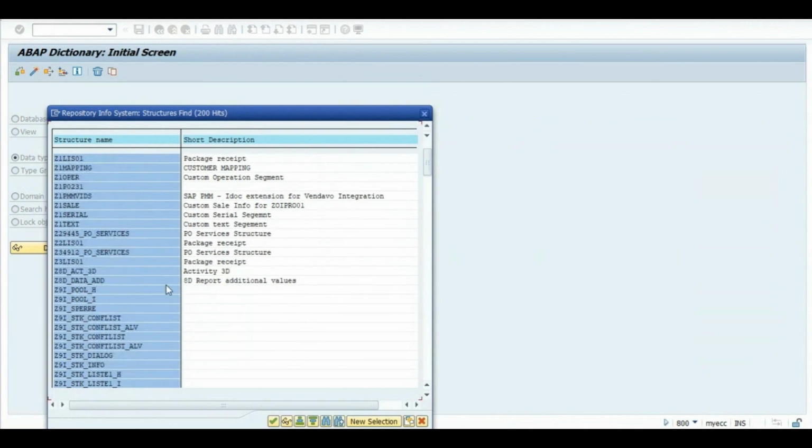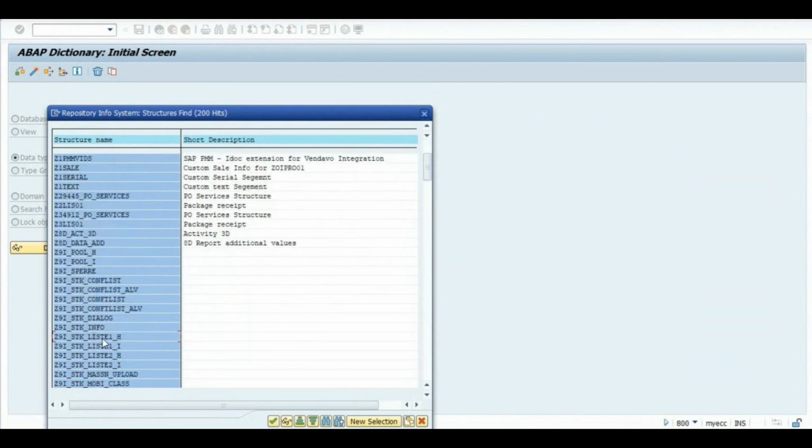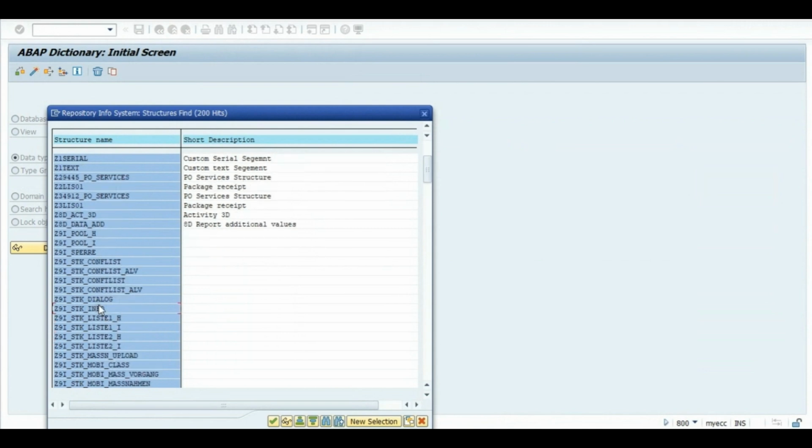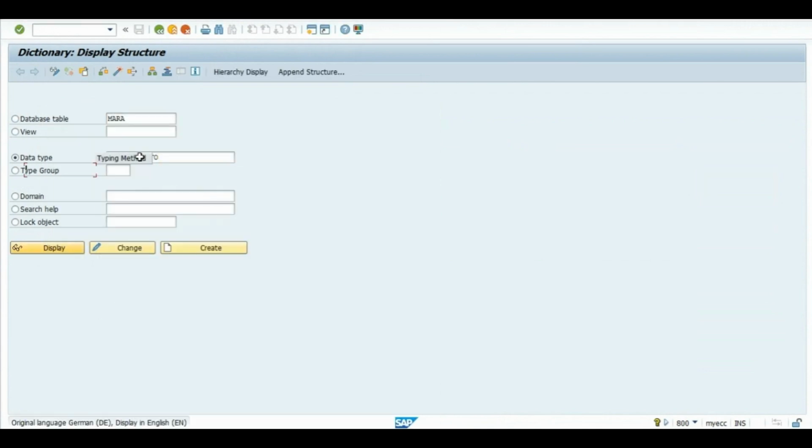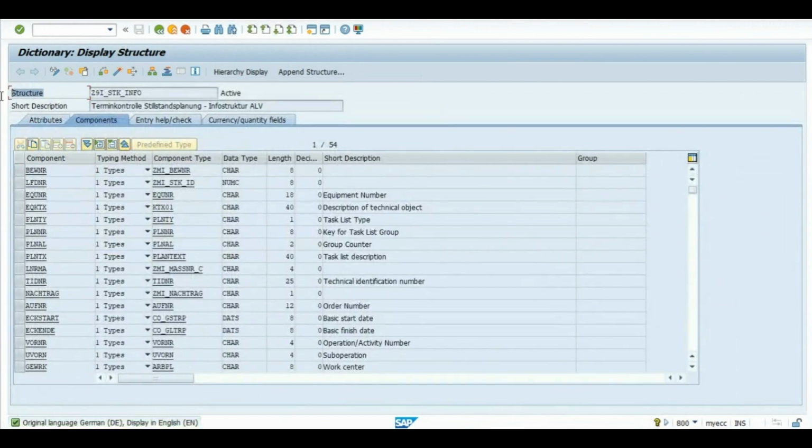These are all the custom structures they have built. See, it's a structure. If you are creating a table, automatically the system will create a structure. But here they have created a structure but not a table. So this is a structure with this many fields. These are what are the